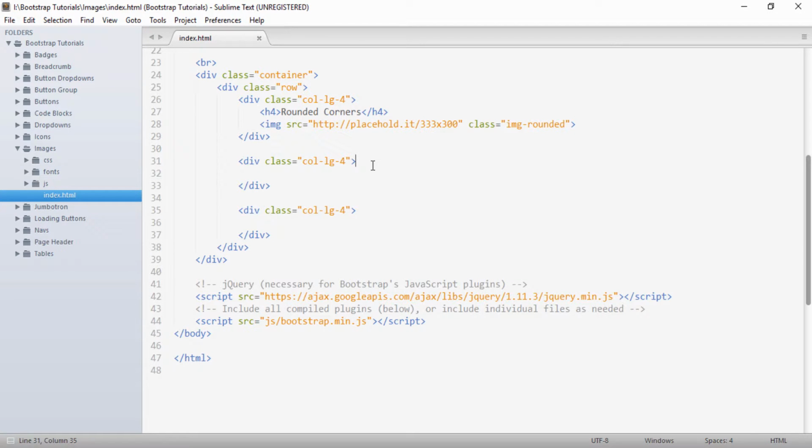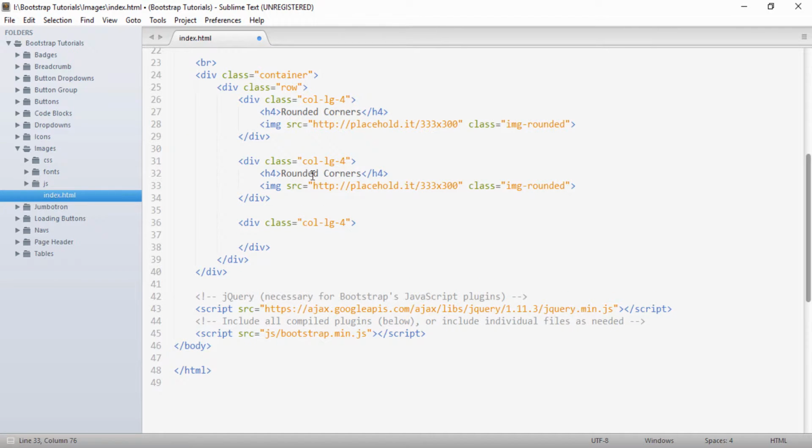Similarly, if you want to provide the shape of a circle to an image, I will just copy this and paste it here, and I will give the heading as circle, and the class to make it a circle would be img-circle.